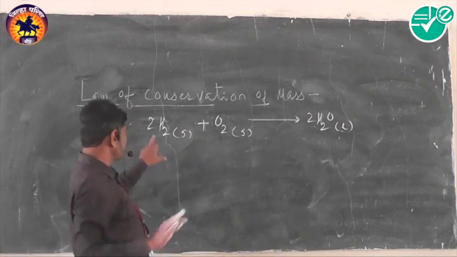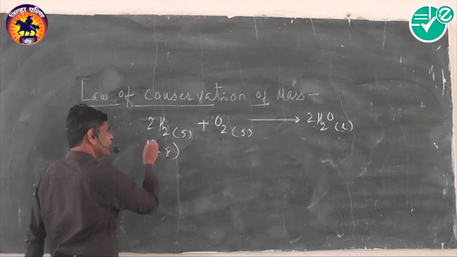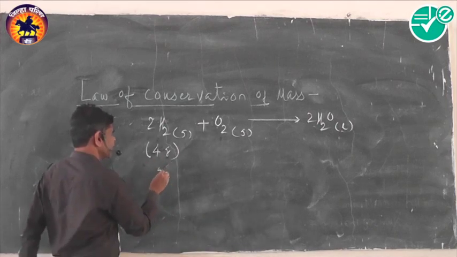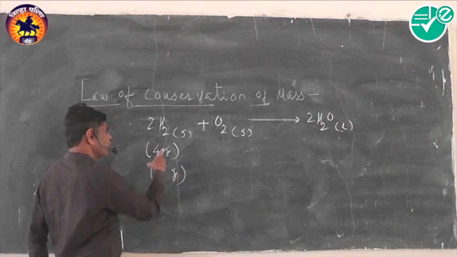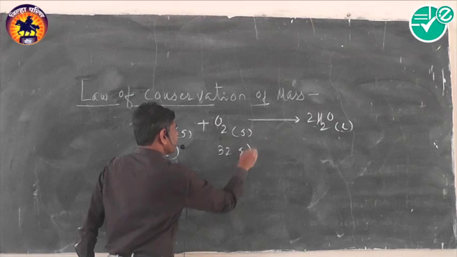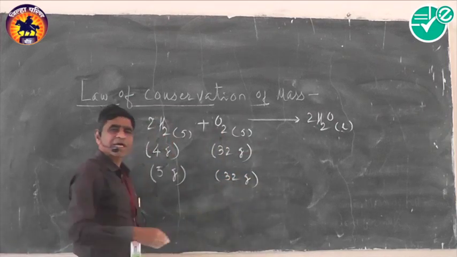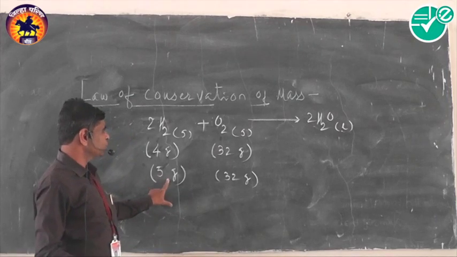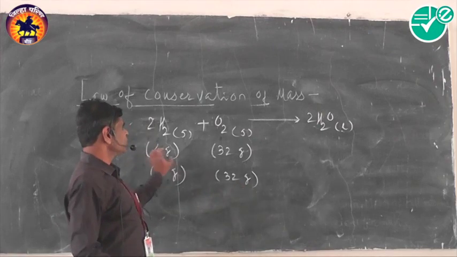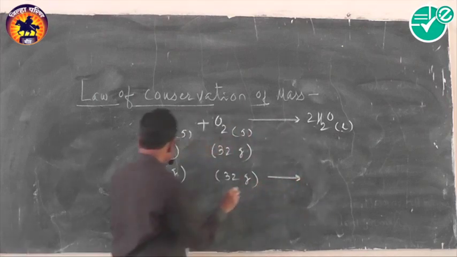But instead of 4 gram hydrogen, suppose we take 5 gram of hydrogen here, and the quantity of oxygen is 32 gram. Now remember, if the reaction is carried out between 5 gram of hydrogen and 32 gram of oxygen instead of 4 gram hydrogen and 32 gram of oxygen, then experimentally it is observed that